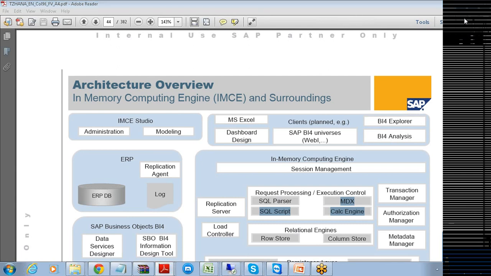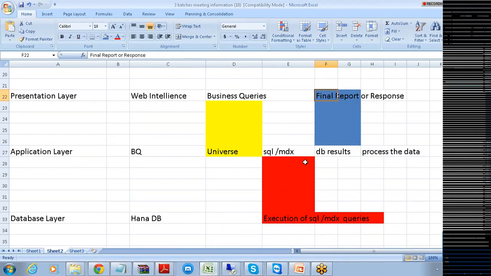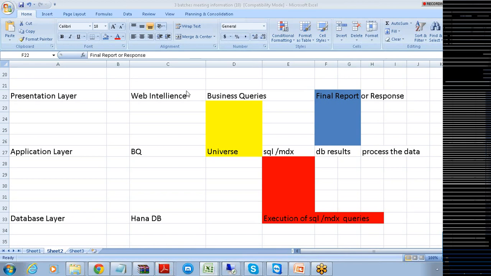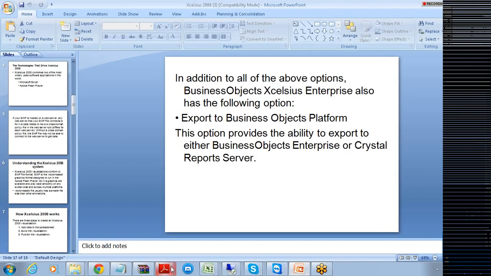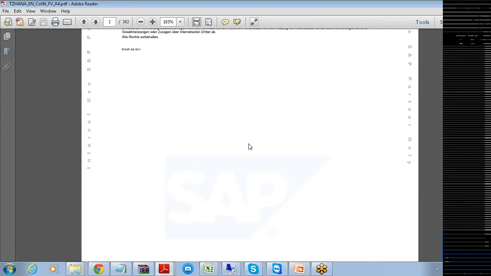Okay, so this is what is happening here in this particular case. Let me come back to the architecture once again. The final report is going to be given in the form of a report like this, in the form of the response document. Again, when you see this particular architecture here, there are so many tools that are there.